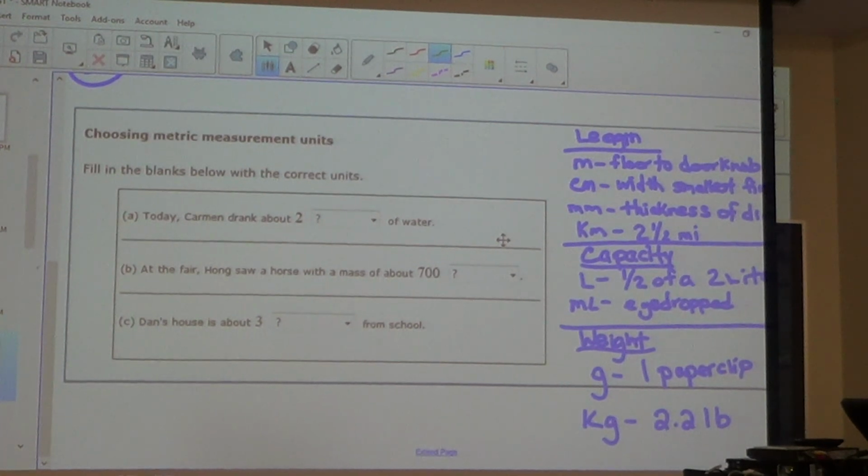In America, we deal with ounces, pounds, feet, inches. Well, in Europe,